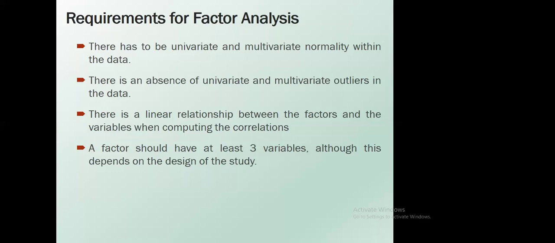The other is the absence of univariate and multivariate outliers in the data. Definitely, if we are talking about normality, and if you have outliers, then there's no point of having normal data. So if we talk about normality, there need to be no outliers in the data. There has to be a linear relationship, specifically when we talk about principal component analysis. Variables need to be on a metric scale, that is, on a numeric scale, and they all should have multivariate